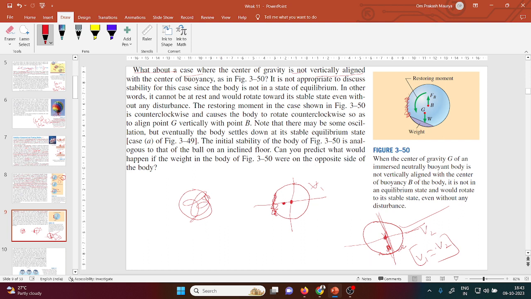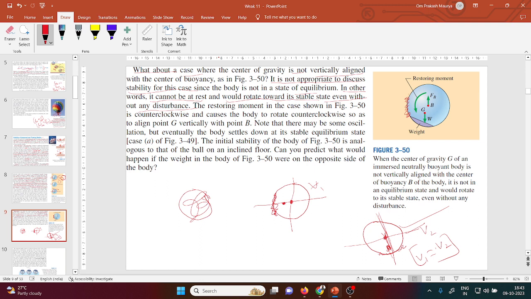Why rotation? Because you have put this material, this side is more. So if you have a design like this, then what will happen? Just see. It is not appropriate to discuss the stability for this case, since the body is not in a state of equilibrium. Why is it not in a state of equilibrium? In other words, it cannot be at rest and would rotate towards its stable state even without any disturbance. Without any disturbance, it will rotate